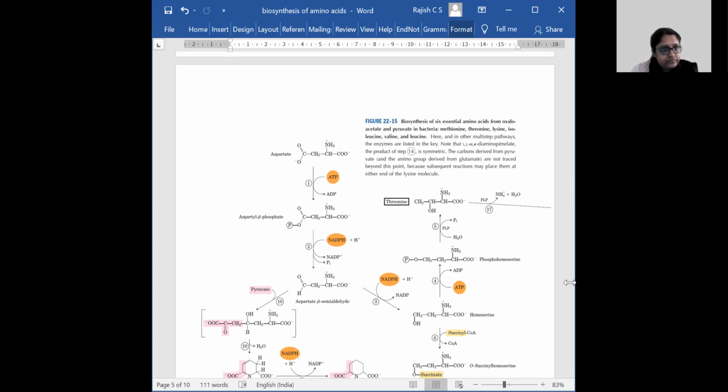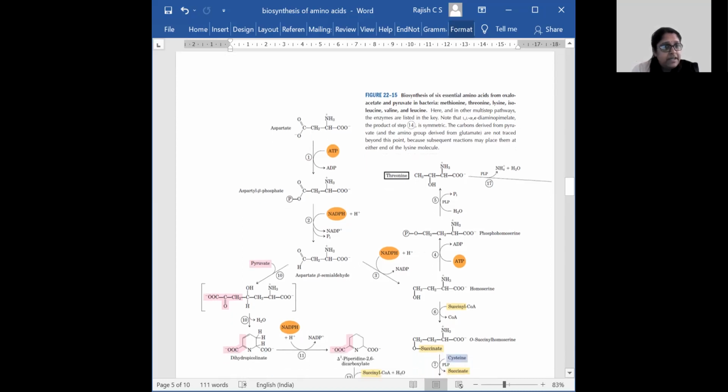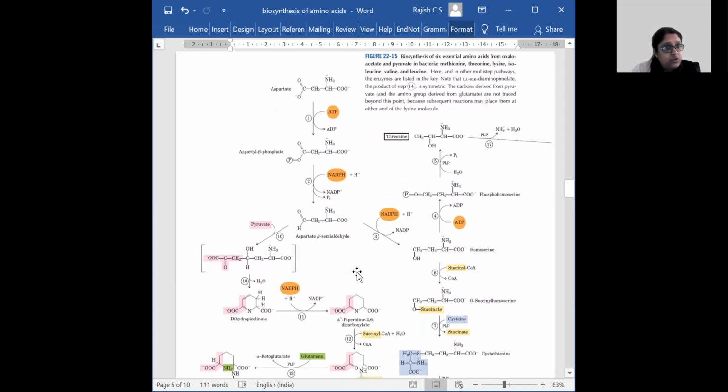So the next step is the formation of dihydrodipicolinate. So that is catalyzed by the enzyme dihydrodipicolinate synthase. So pyruvate is added over here, and once pyruvate is added, then one,